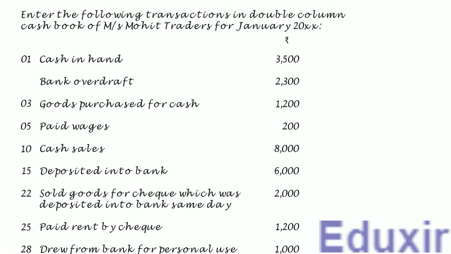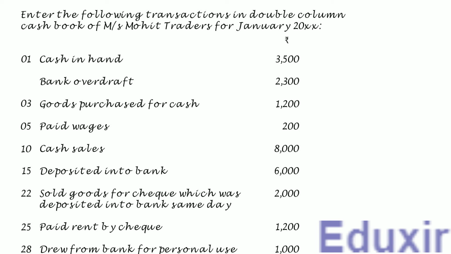As you know, a cash book is also called the book of original entry. A simple cash book is used to just record the cash transactions. However, in this problem, we are going to use bank column cash book, also called double column cash book. A bank column cash book is used to record both cash as well as bank transactions. Nowadays, many businesses carry out the transactions less in cash and more through bank. So, it helps the businesses to maintain both the cash and bank transactions in the cash book itself, instead of maintaining a separate ledger account for recording bank transactions.